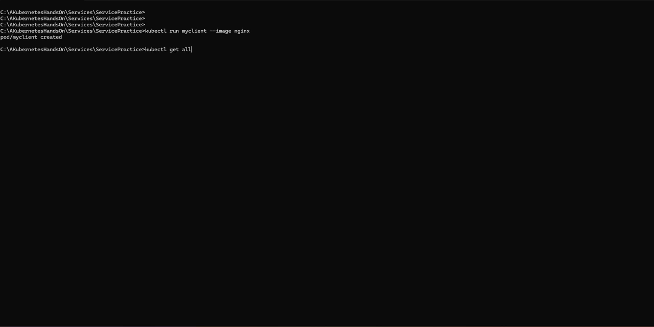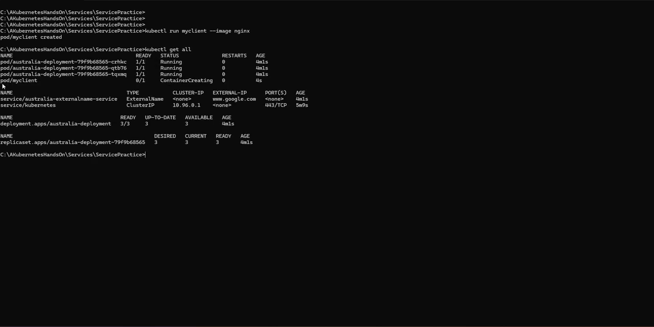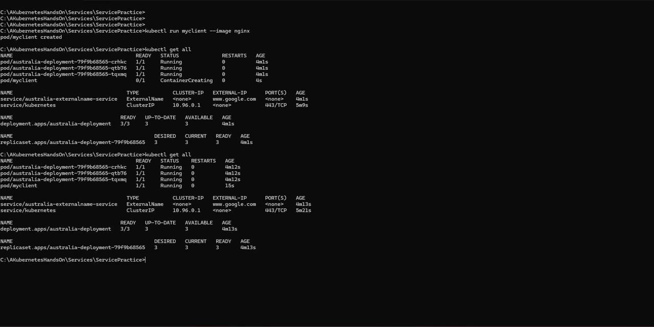Now if we see all the services, there should be one pod here also. It is in creating state. It will take a couple of seconds, and then it will create a pod for me. It should be created by now. It is running. Then I will run kubectl exec -it. I wanted to log into my client, with a hyphen